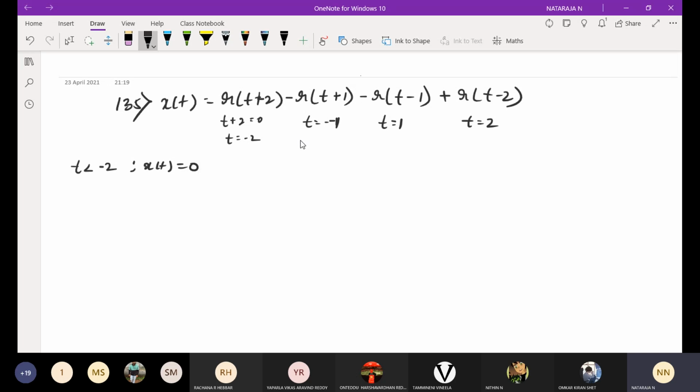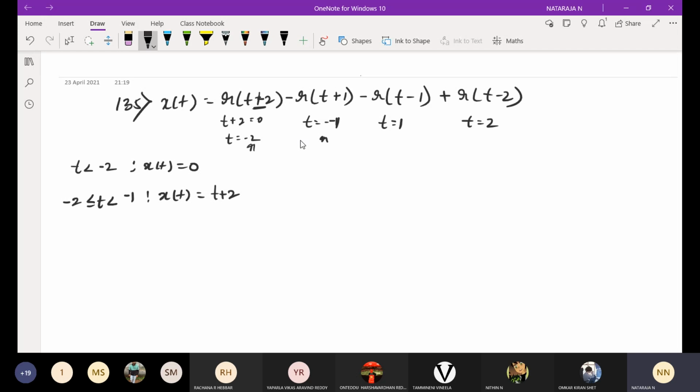The signal is from minus 2 to minus 1, so x of t will be the first equation. I need to consider from this point to this point, the t plus 2 interval. This is not u of t. If it is u of t, we take the amplitude, but this is r of t. We need to consider the time interval into this amplitude. This is 1 r of t, so that is 1 into t plus 2.